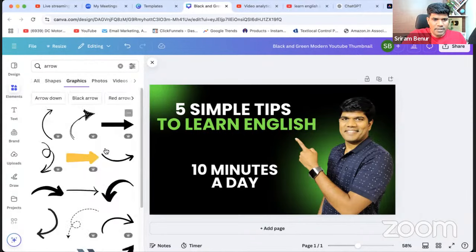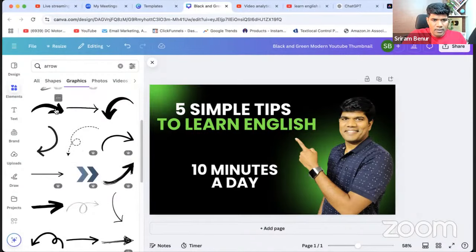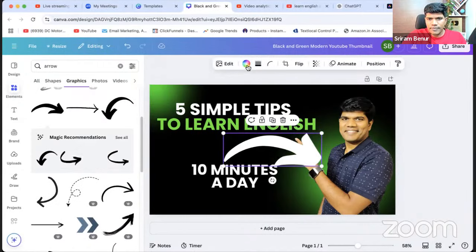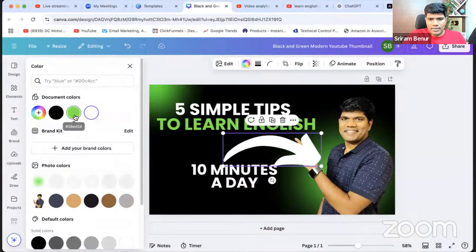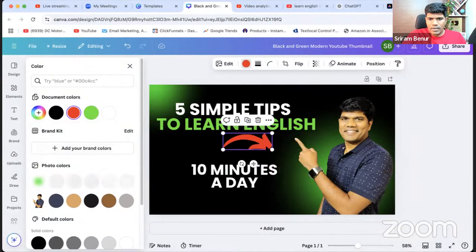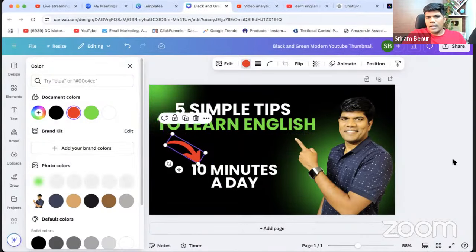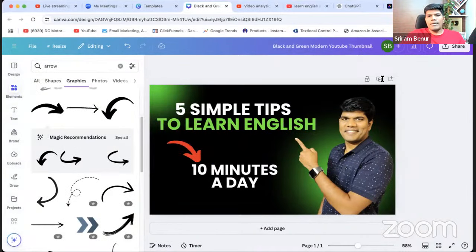Okay, let me see the graphic. Okay, so let me use this and give the color as red or yellow. And just rotate this. Okay, highlighting this, right? So this is how you can plan and create.